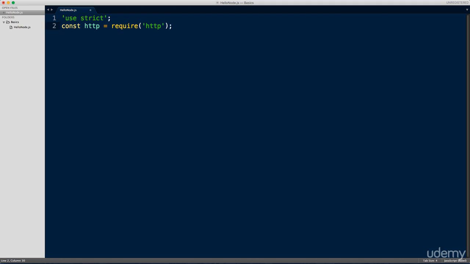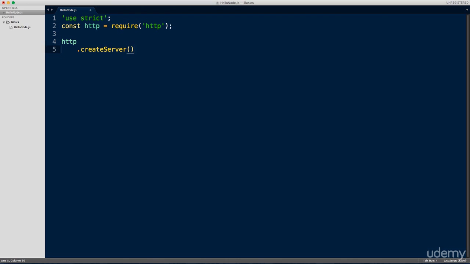So here, the require statement brings in one of the built-in modules that come as a part of Node.js known as HTTP. This particular module provides us with a number of methods that allow us to create server instances and do other HTTP related tasks. So once this is done, I will access this module using the identifier HTTP that we just created, and then I'll follow it up with a dot and we'll call a method called createServer.